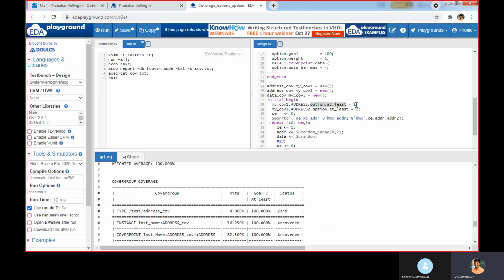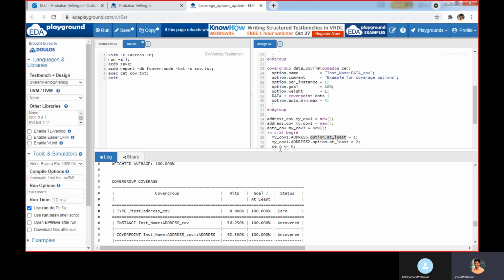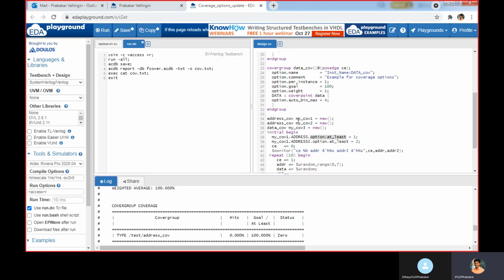Then only it will be considered as covered. Here what I am doing, myCov1, and we have 2 instances, right? For the address, option.at_least is 1 by default.